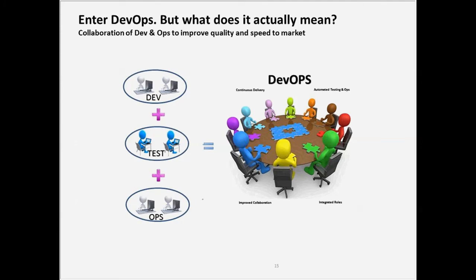So enter DevOps, and I briefly talked about this, but this is where on the left-hand side, originally Dev, and then there was a testing group, and then there's an operation group. Now on the right-hand side, you see all these colorful people. They're all working together from the beginning of requirements, which are stories in Agile, or even they're just early on in the cycle. I don't care if you're doing Agile or not. Well, agility gives you a lot more focus, but this is everybody's involved from the beginning of the puzzle to